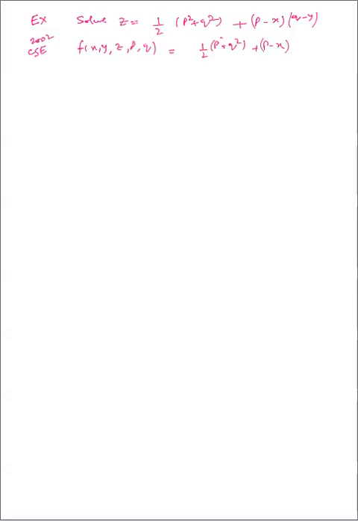of 2002. Solve. z is equal to 1 by 2 (p square plus q square) plus (p minus x) into (q minus y). So f(x, y, z, p, q) is equal to 1 by 2 (p square plus q square) plus (p minus x) into (q minus y) minus z is equal